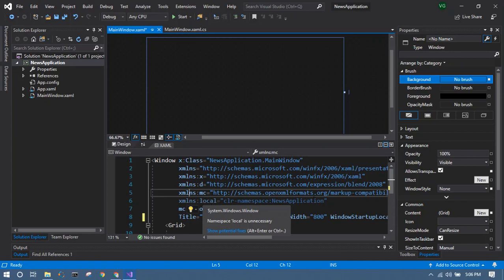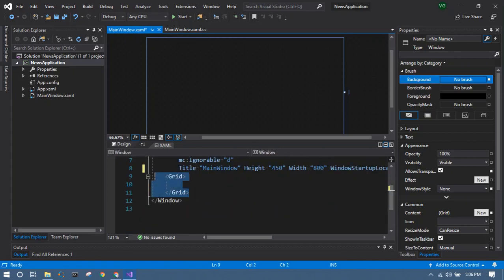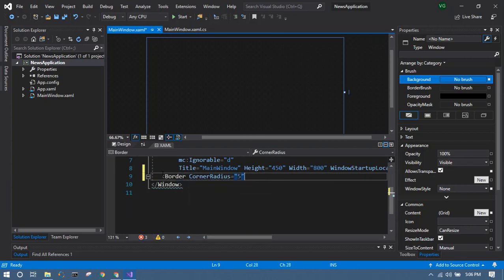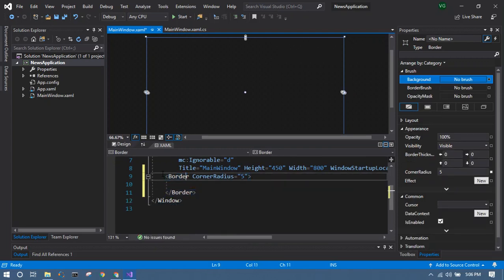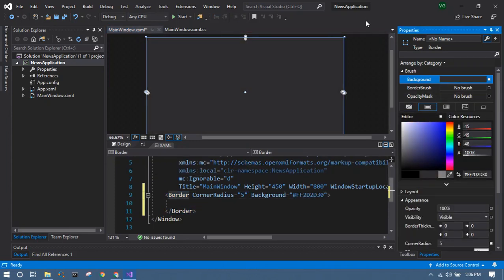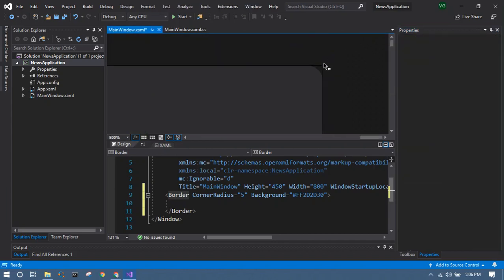So here, actually, instead of a grid we will create a border with corner radius as 5, and you have a background. We will link it with the same color as Visual Studio, and as you can see you get a corner radius in the window,